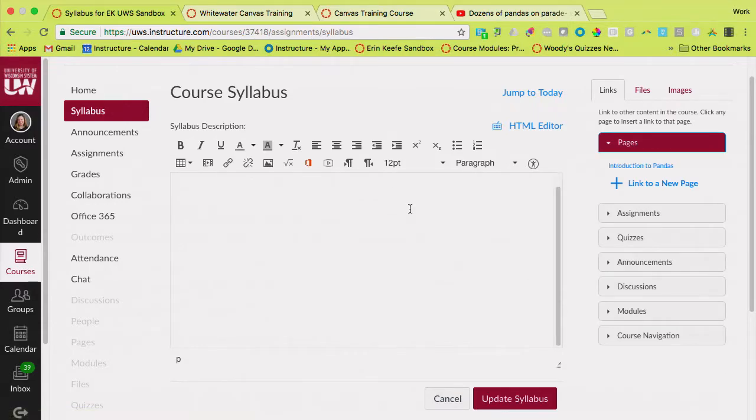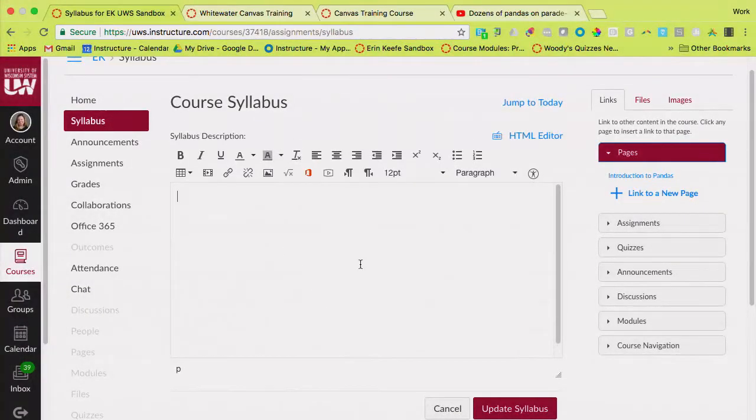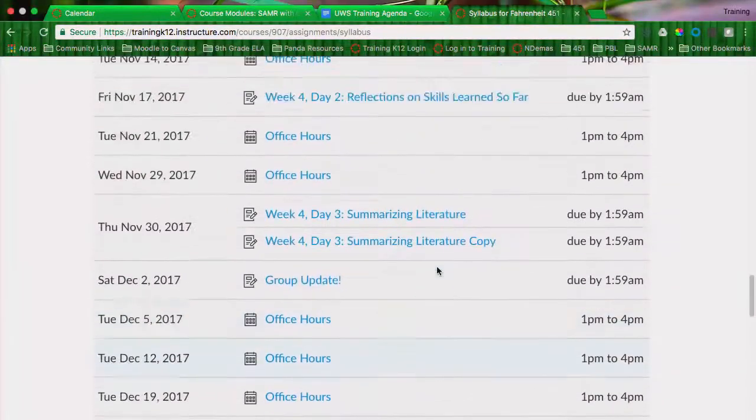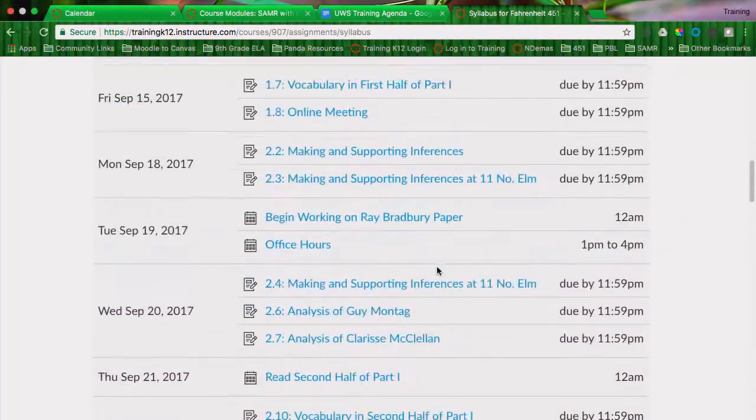You're going to see that there's an edit pencil up here at the top. So you can customize this section. So this is your syllabus description. What I see a lot of instructors do here is they put in a welcome video, they say where their office is located, they say the best way to be contacted. Sometimes they say, you know, make sure you have notifications turned on for announcements, because I'm going to definitely be using them. So here's where you can customize your syllabus area.